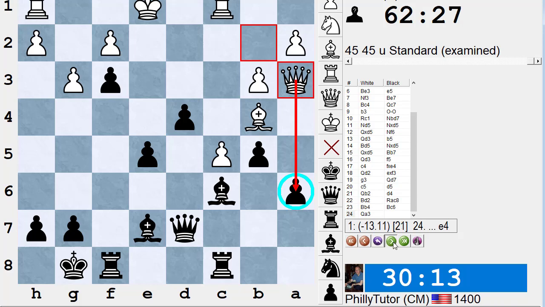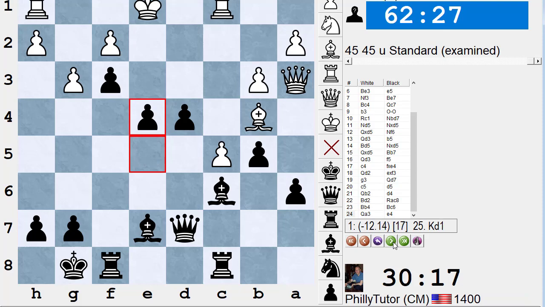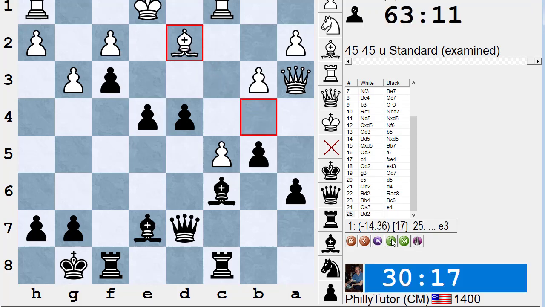So I just played e4, threatening e3. If he wants to play queen takes a6, getting his queen out of the defensive area, that'll make it that much easier to beat him in the center. So Stockfish sees that he can't take the pawn yet and tries to stop my move e3 by playing bishop d2. At this point, e3 is still my number 1 candidate move because after e3, f takes e3, f2 check,